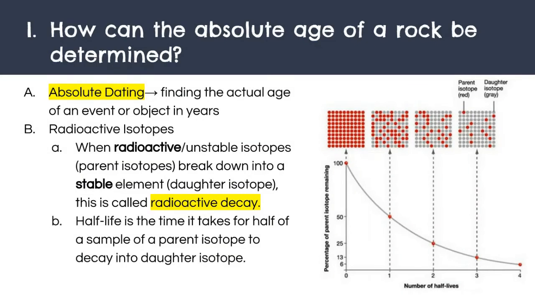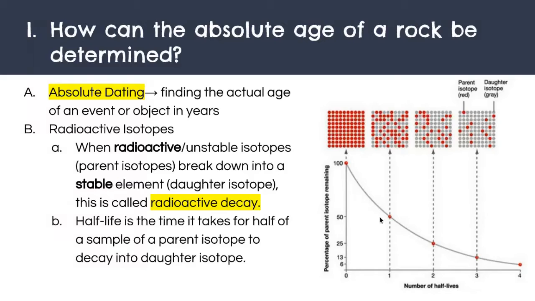This graph is just going to show you how this radioactive decay works and how we measure half-lives. So this sample right here is showing all radioactive parent isotopes. And you can see on my y-axis here, I have 100% parent isotope in my sample. After one half-life, I have 50% parent isotope. So I have 50% of these red bubbles and then 50% of these gray bubbles, which are representing my daughter